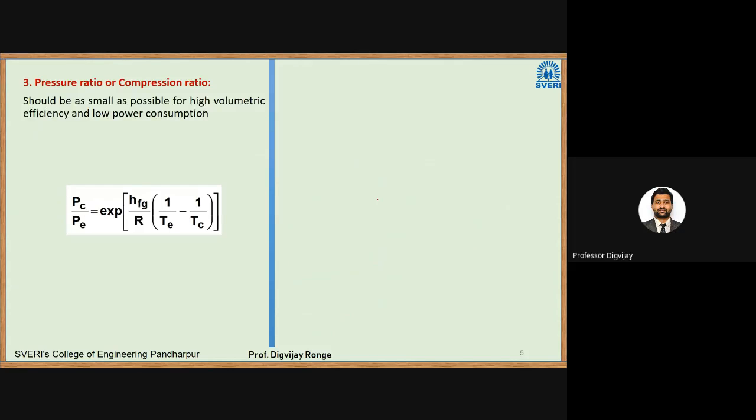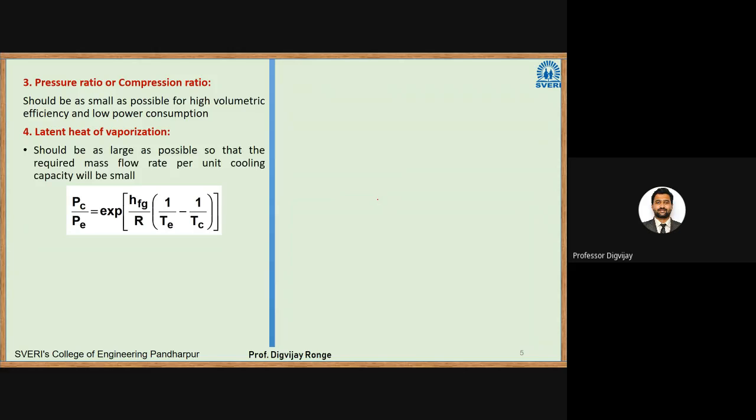Next we'll see pressure ratio, the compression ratio. In a system, the pressure ratio should be as small as possible for high volumetric efficiency and low power consumption. Just now I told you that the lower the pressure ratio, the lower the displacement of the compressor, the higher the volumetric efficiency and the lower the power consumption. Latent heat of vaporization: I showed in the figure that the latent heat in the phase change should be as high as possible, because we need to extract the heat from the space. It should be as large as possible, so that the required mass flow rate per unit cooling capacity will be